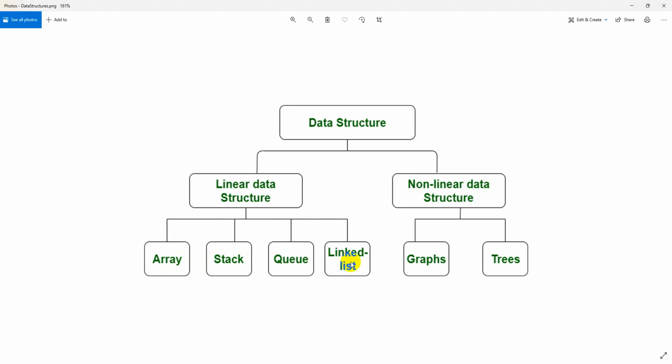For your clarification, I am going to recollect those topics once again. Coming to non-linear structures, we have graphs and trees. From our assessment point of view, only trees are required. Graphs are optional, so you can do self-learning on this. I'm going to cover trees in this video, along with these linear structures: array, stack, queue and linked list. Let's have some programs where you can understand what an array, stack, queue, linked list and all those are.